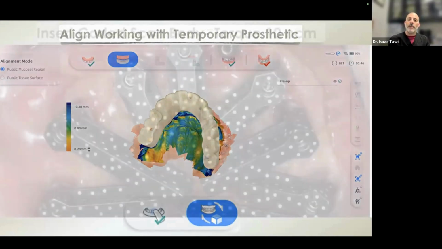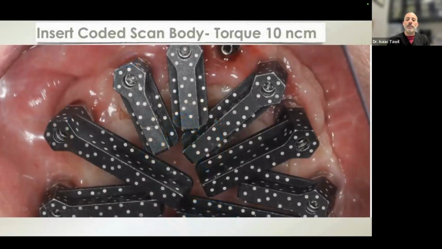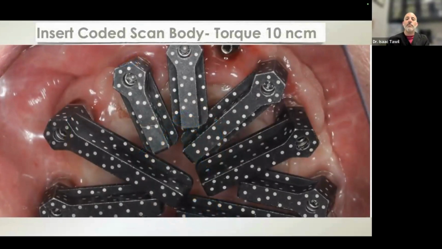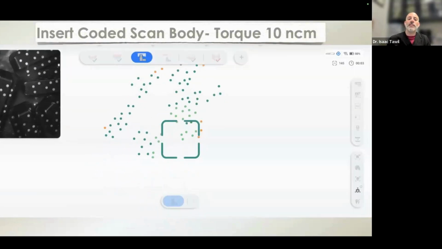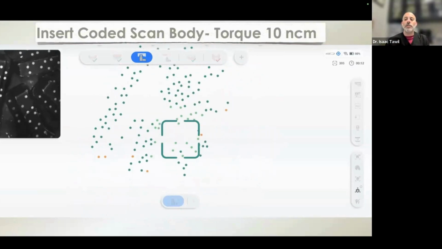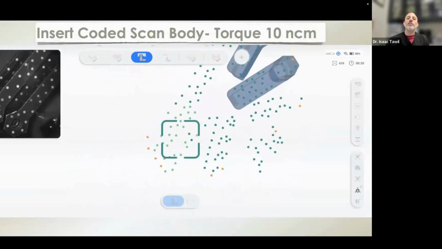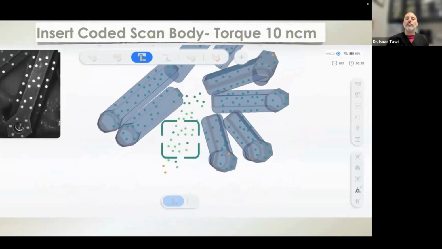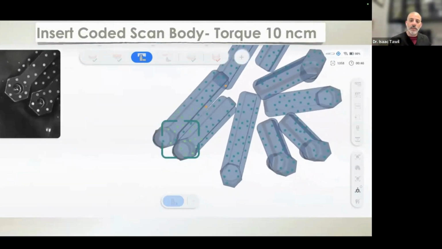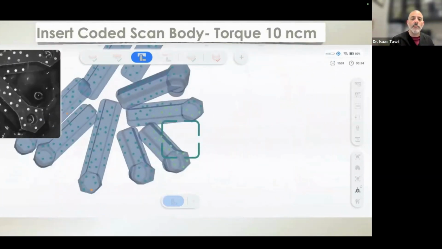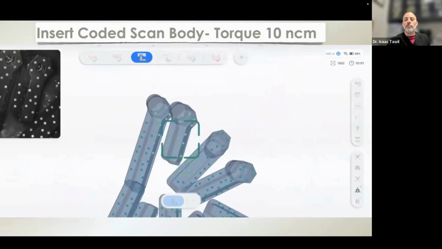We then insert the photogrammetry pieces. I scan 9 of them here. This is a big case. And we go ahead and start capturing the photogrammetry positions, getting as much overlapping data as possible. And what you'll notice here is I'm capturing and it's importing them based off of me moving from one to the other. So I get enough data. I'm working on high speed dubbing here. This is not real time, but I'm going back and forth capturing the data.